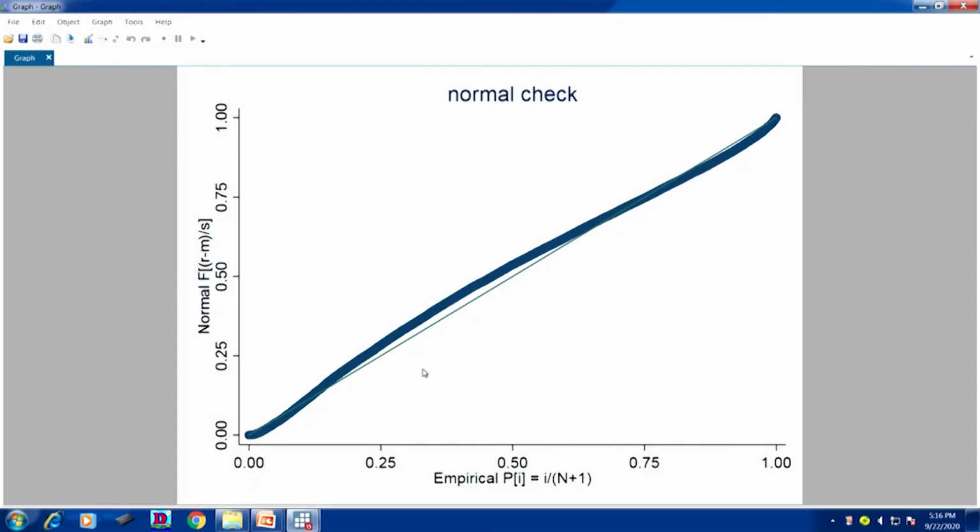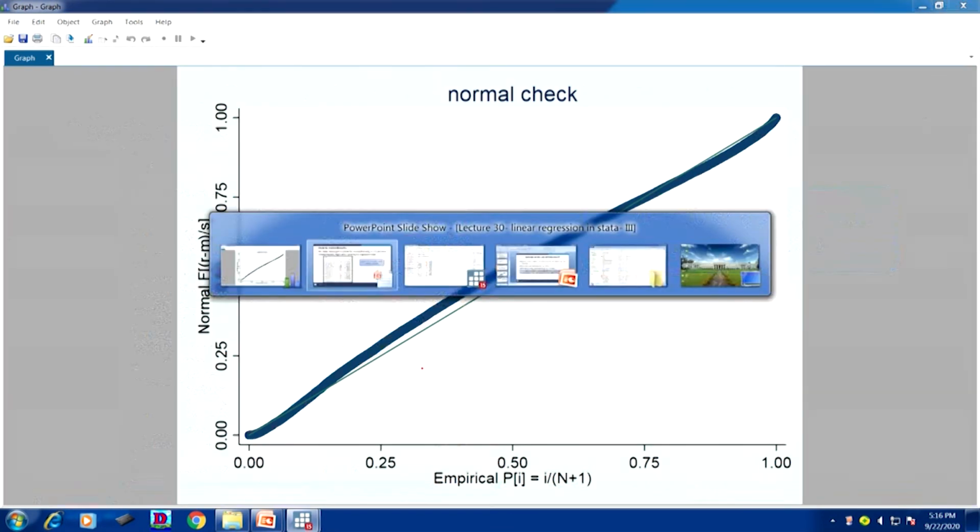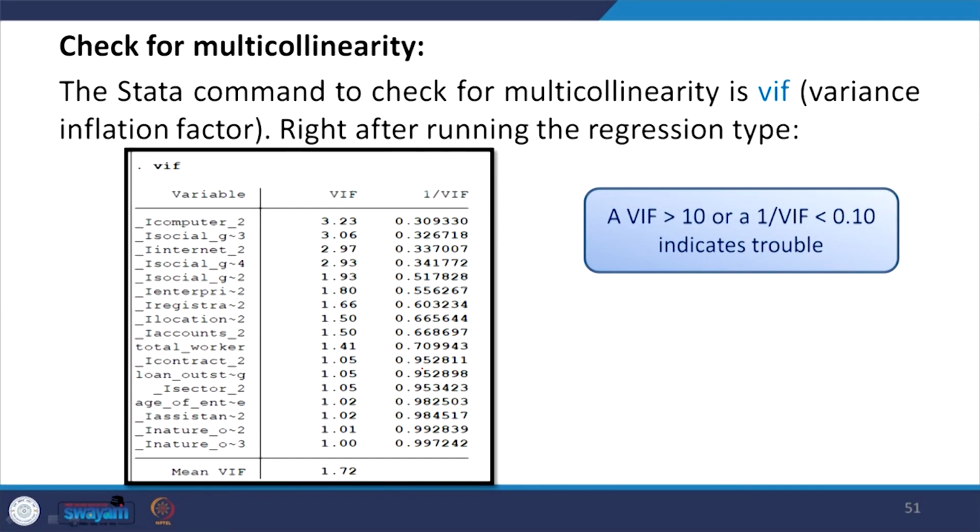If it exceeds 10, then that is problematic. Also, the inverse of VIF, that is 1 upon the variance inflation factor, if it is less than 0.10, it indicates trouble, which means there exists multicollinearity, and we need to check accordingly.